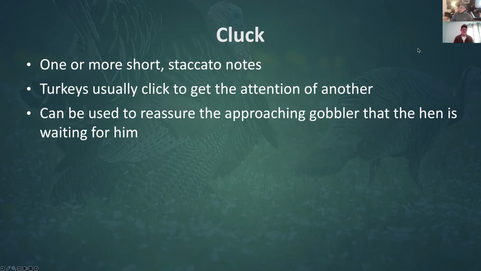It's weird. I like to describe turkey calling as more of an art than a science. It's one of those things where you can sit there and call to a gobbler. I've had instances where I'm calling to the same bird for like 45 minutes across the field, and you're throwing everything but the kitchen sink trying to get his attention to finally come that last little bit. Sometimes it can be as simple as just making a random cluck out of nowhere, just changing up that cadence, maybe doing a couple clucks so you sound like multiple birds in this area. And sometimes that's just enough to get that testosterone cranked in that bird, and here he comes.